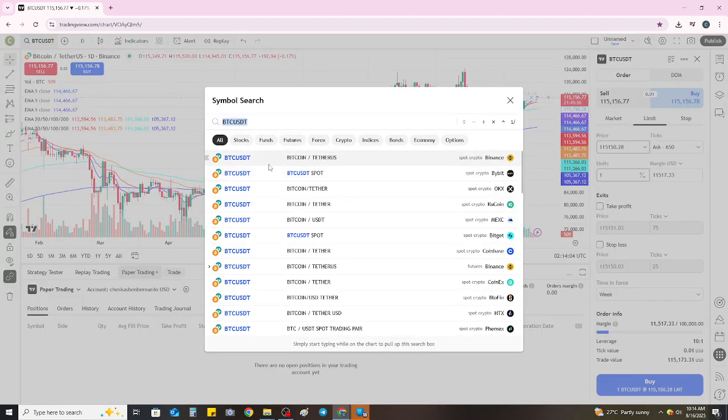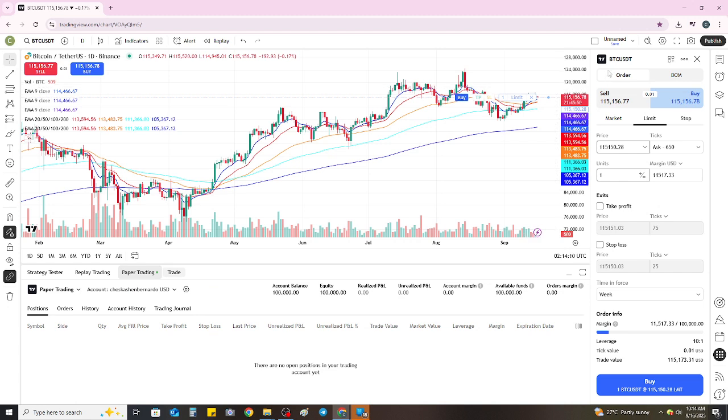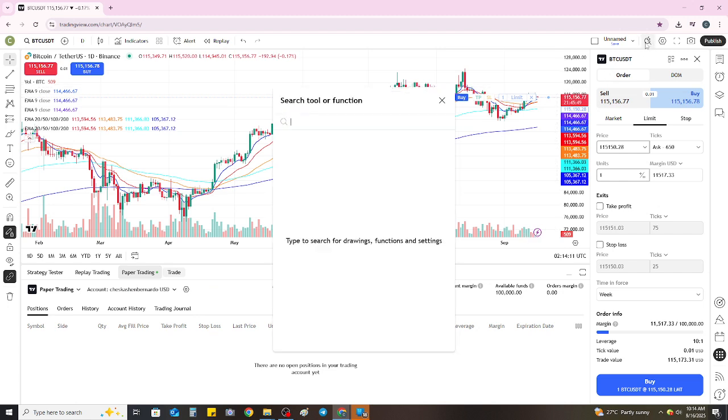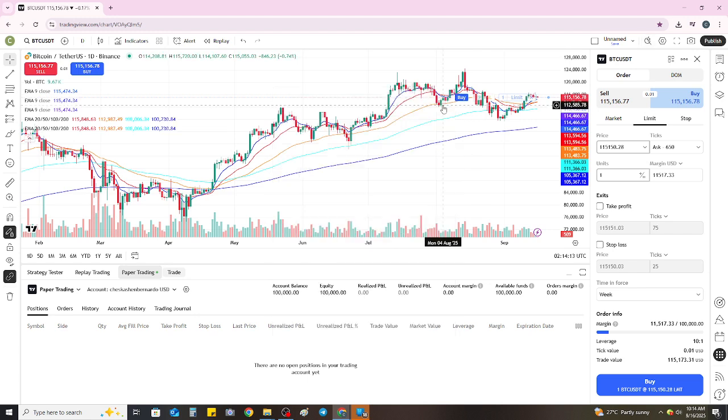Now, if you're interested in Deriv synthetic indices, you'll want to type in search terms like Deriv, synthetic, or the name of a specific index if you're looking for one in particular, such as Volatility 75. These keywords will help you narrow down the results to what you're specifically looking for, making the search process quicker